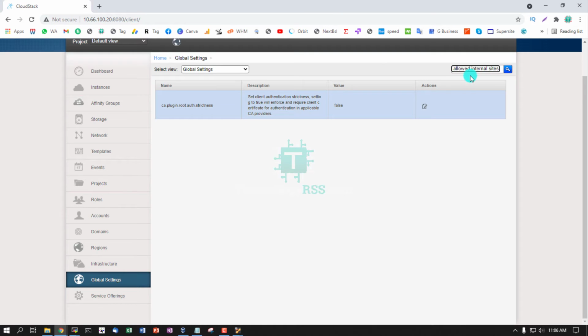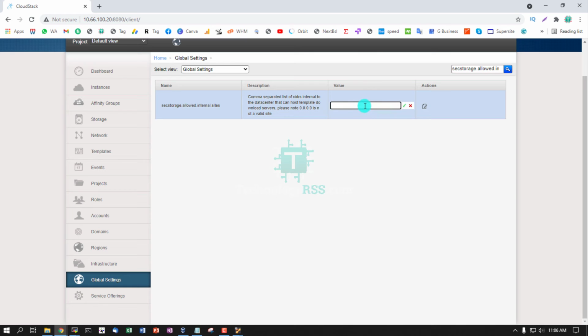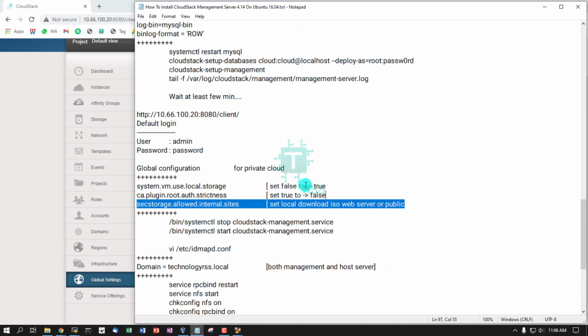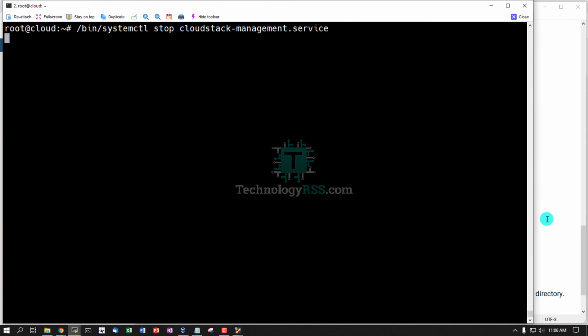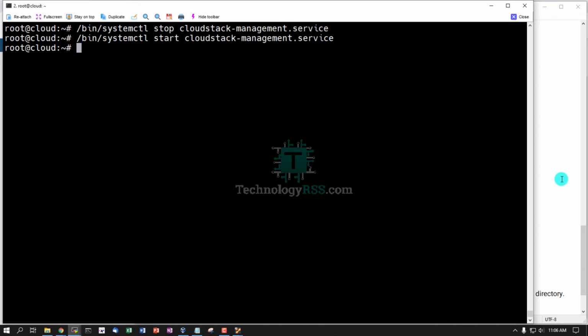and this is to set the local download ISO web server or public. So my local web server IP address 10.66.30, and then you must stop the management server and then start the management server